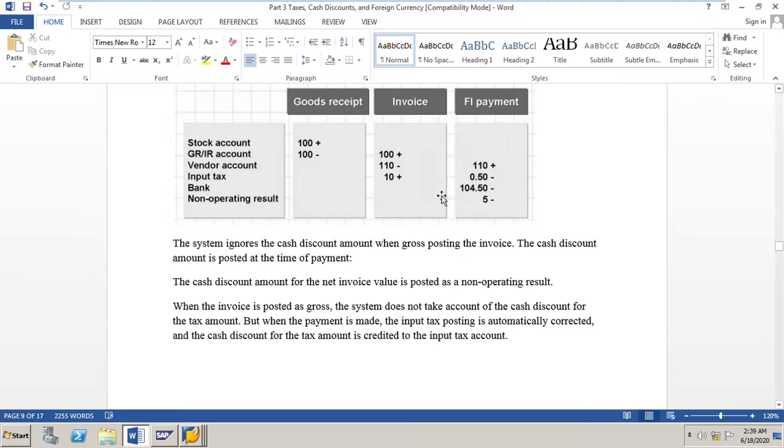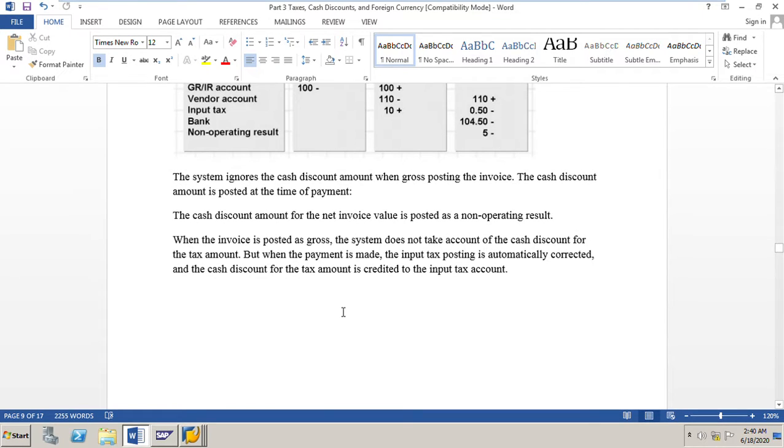The system should consider the discount for this 10 rupees also, which is for example 10%, about 0.50 rupees. But this will be taken into account only when we do the FI payment, when we make payment to the vendor.